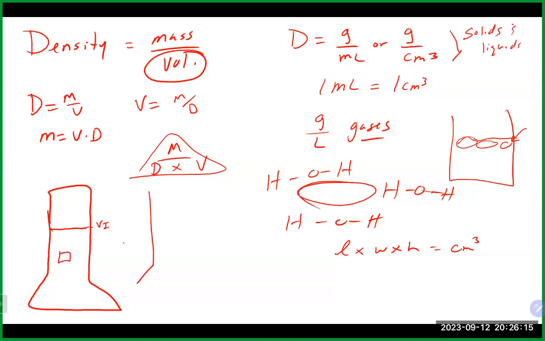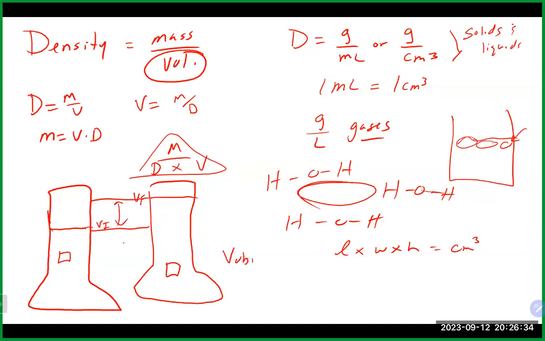what's going to happen is your graduated cylinder will change shape and the solid object will now be in there. And the volume will be displaced by that solid. The solid will actually displace a volume that's equal to its own volume. So if you take the difference in the volume here, that is the volume of your object: your final volume minus your initial volume. So for example, if this started at 25 milliliters and it ended at 30 milliliters, and we put in there this thing that weighed about